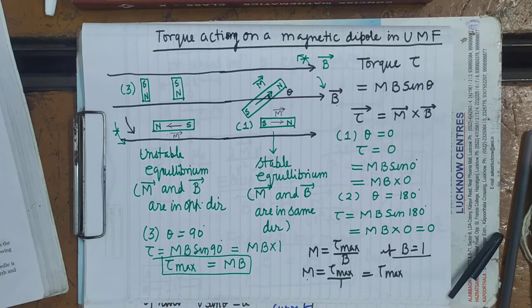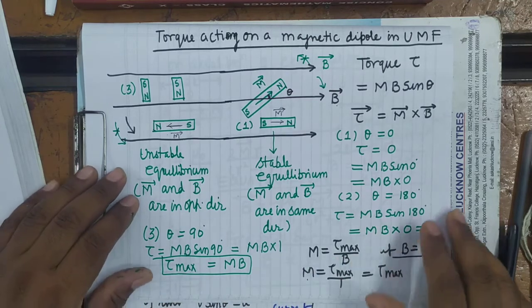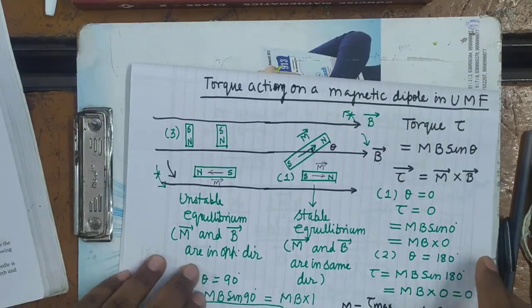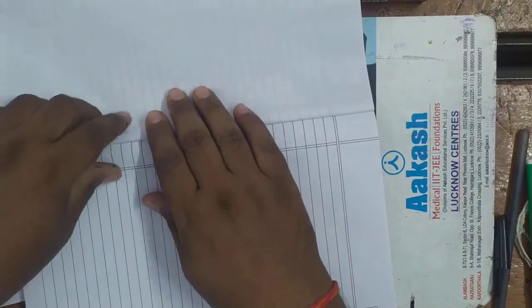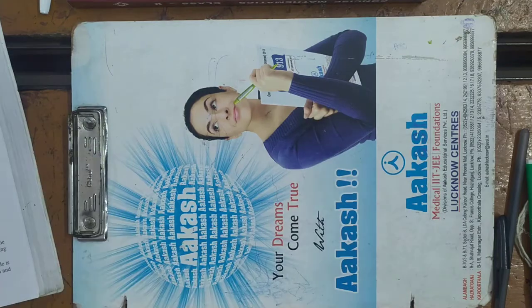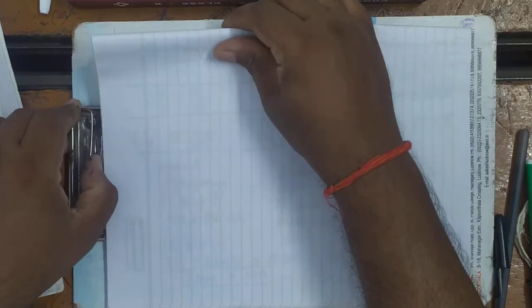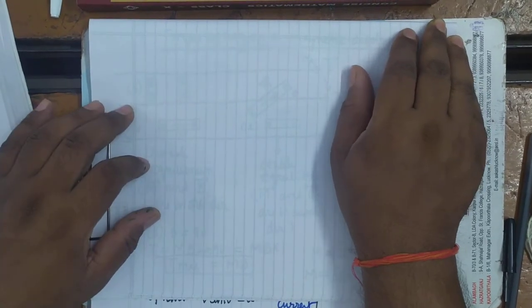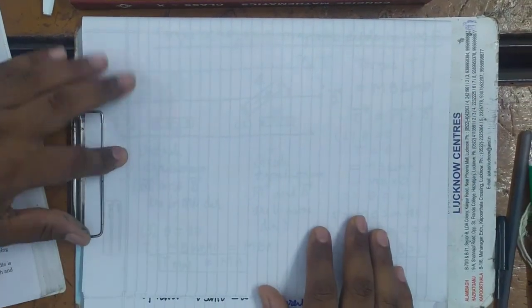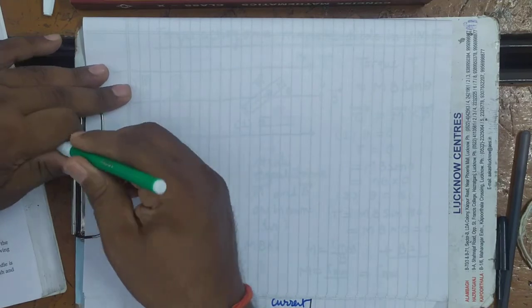It's clear. Now after that, magnetic lines of force. So see here, this is a new topic. About this I have not told, but it is very similar to the electric lines of force. Only there is a slight difference, but all other things are the same.